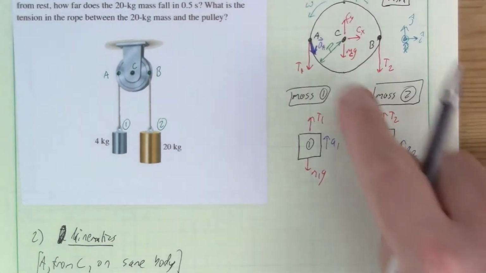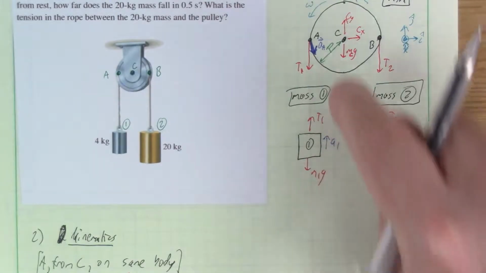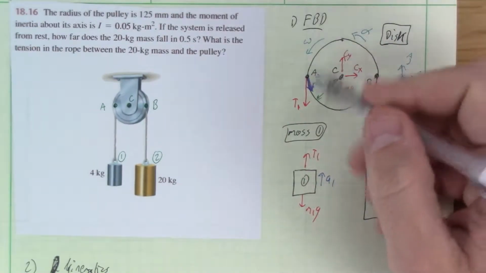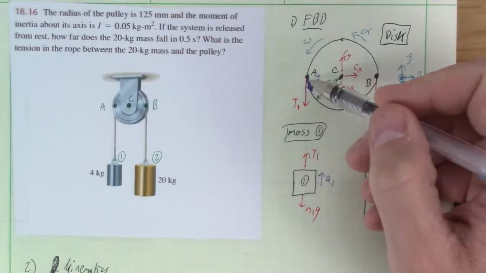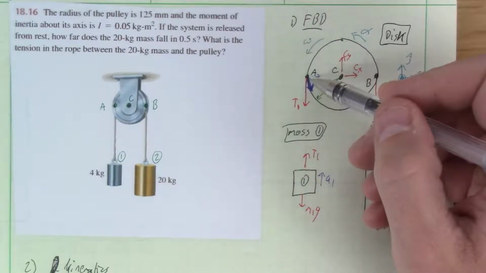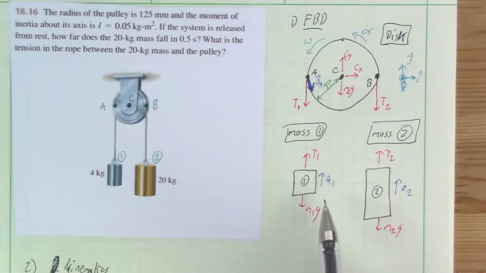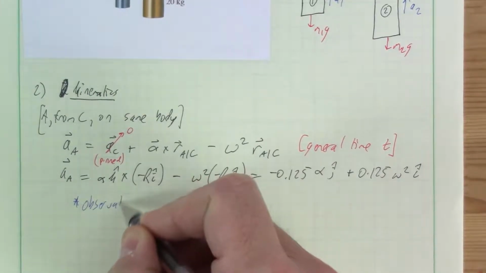How do we then relate the acceleration of point A to the acceleration of 1? Okay. Well, A is affixed to this rigid body, right? A is a point on the outer surface of this disk. It then rotates. The rope rotates downward, and because they're attached right at this time instant, the acceleration downward is just the j hat component. Right? Well, the acceleration downward of the cable is the acceleration downward, or upward if it's the other direction, of mass number 1 here, right? So that's just going to be a useful observation that all we have to do is take the j hat